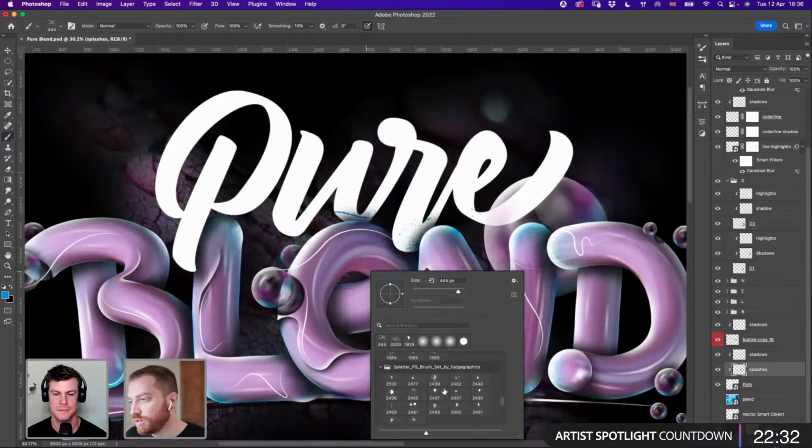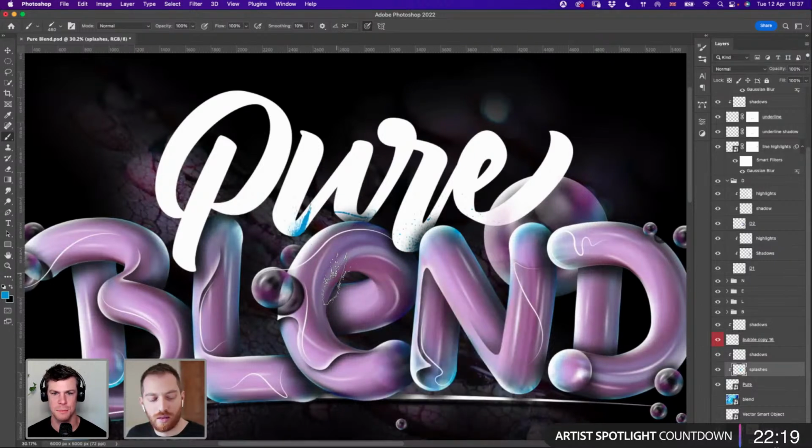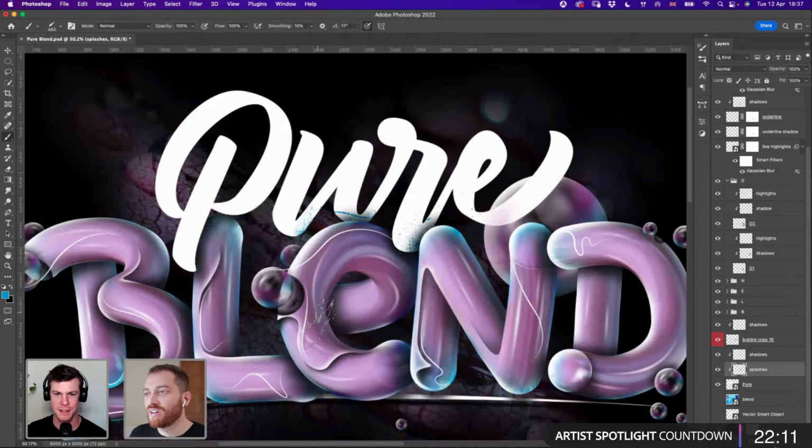And maybe something like another brush. This is a good one. Are you using those little areas of blue to inform where you're putting these splashes? What do you mean? I've just noticed you're putting the splashes where the blue lighting is. Yeah, exactly. I would like to have similar colors.